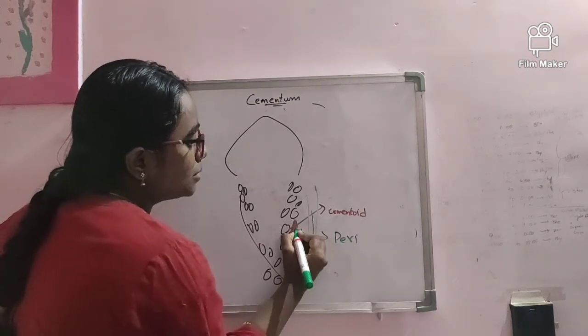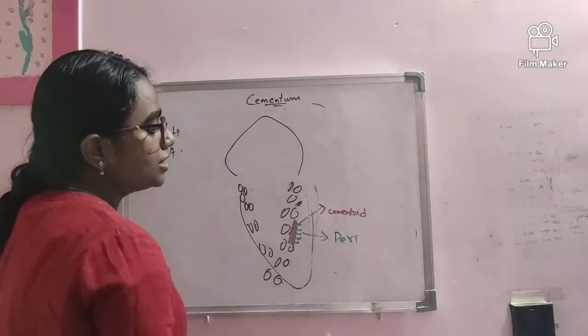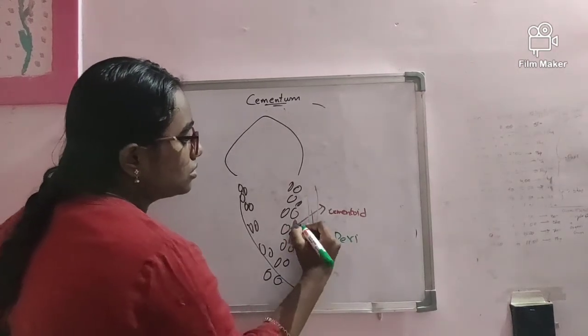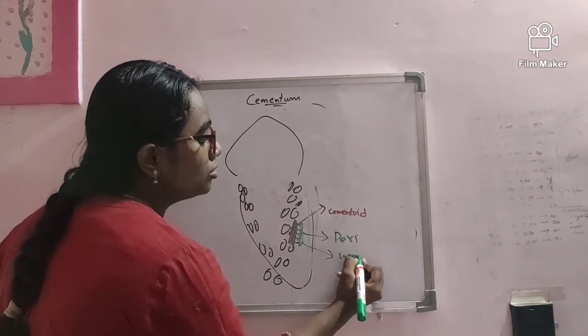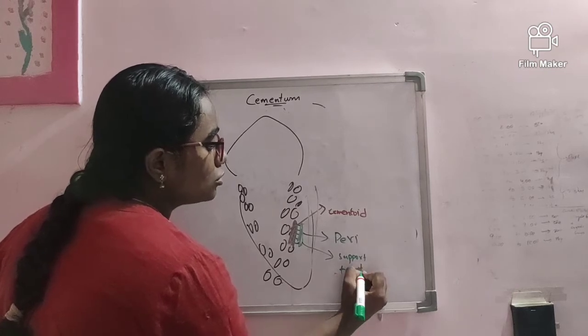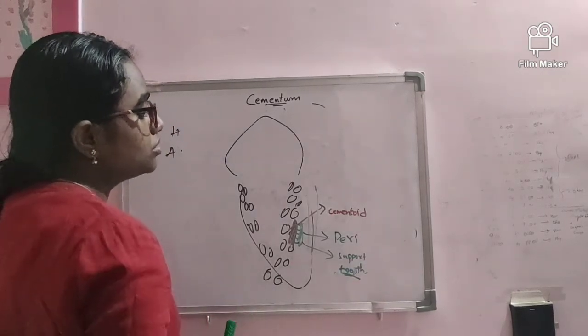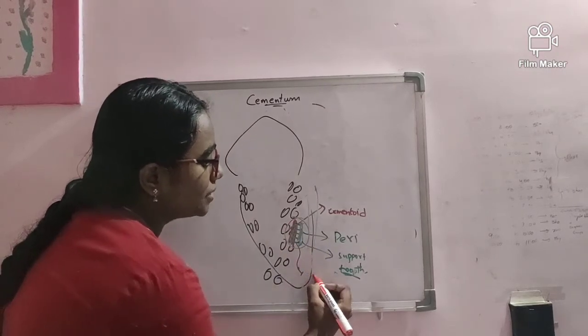There are some fibers which invade into the cementoid tissue. For what? To give support to the alveolar bone, to hold the tooth in the right position, to support the tissues. So these fibers are called Sharpey's fibers,